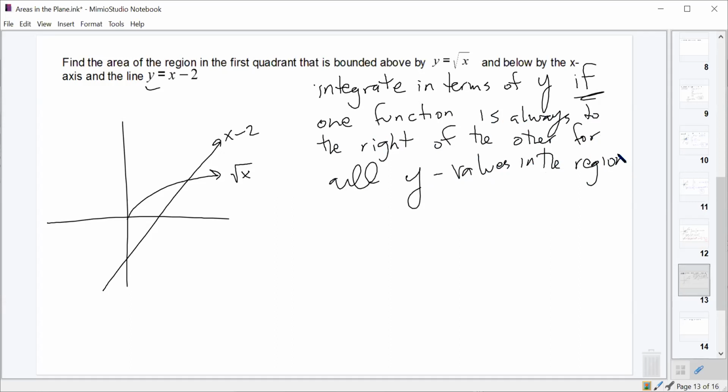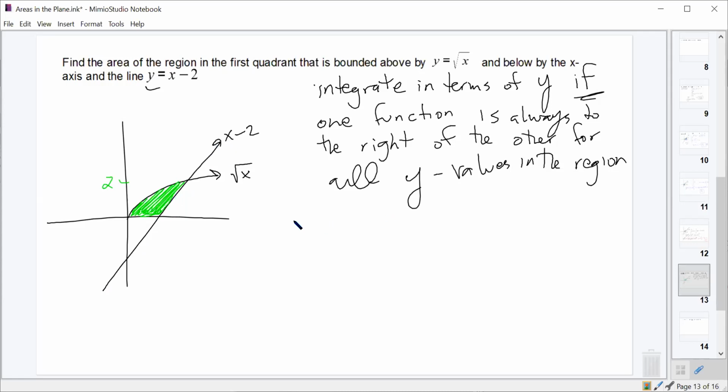So if we look at the region that we're interested in here, pick any y value between 0 and, what do we say, this goes up to 2, right? Pick any y value between 0 and 2. Which function is always to the right of the other one? X minus 2. Right, x minus 2 is the linear one, is always to the right of the